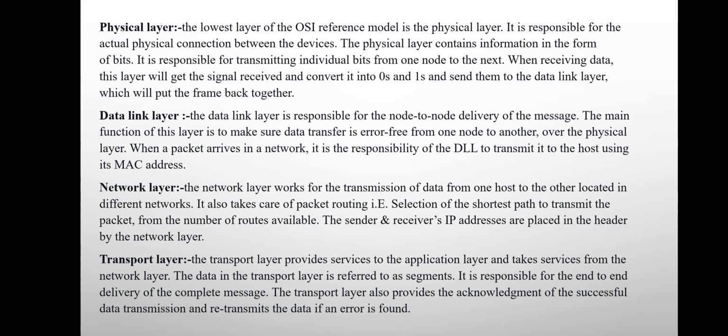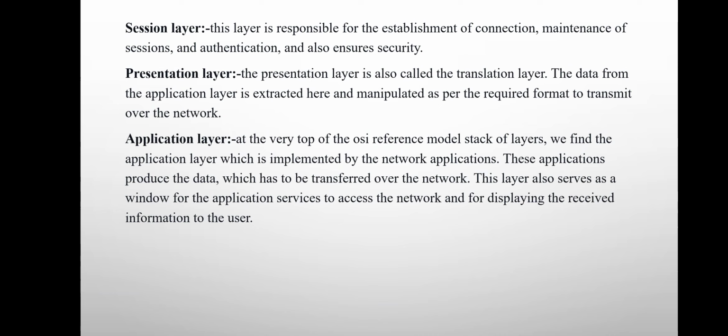Session layer. This layer is responsible for the establishment of connection, maintenance of sessions, and authentication, and also ensures security. Presentation layer. The presentation layer is also called the translation layer. The data from the application layer is extracted here and manipulated as per the required format to transmit over the